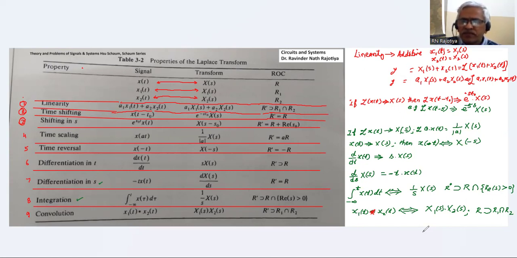A lot of effort will be reduced if you memorize these formulas and substitute directly. So take a note of all these